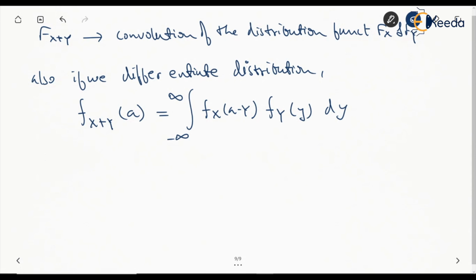So these are the three cases. The first one was the discrete distribution for two variables, the second was continuous, and the third one was where we were discussing independent random variables brought together. We'll see examples for each of the cases, and we'll see how we actually implement all the formulas and what the real understanding of the formulas is. So while we are discussing the questions, please refer to the formulas given.